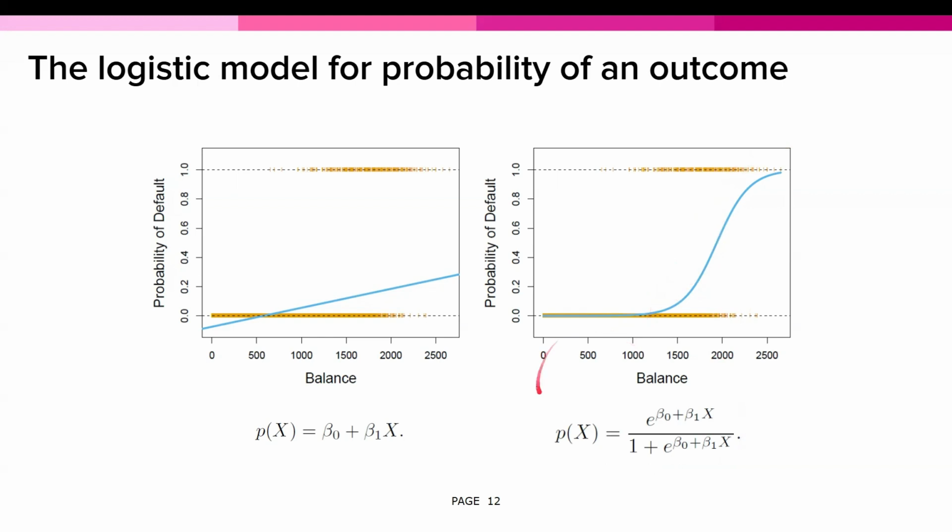For very low balances, the predicted probability of default is pretty close to 0. And for very high balances, it approaches 1. In the middle, where balances are neither too low nor too high, the curve smoothly transitions. It gives us a continuous range of probabilities. And so this curve better reflects the real-world behavior of probabilities, gradually increasing as the balance increases without crossing the 0-1